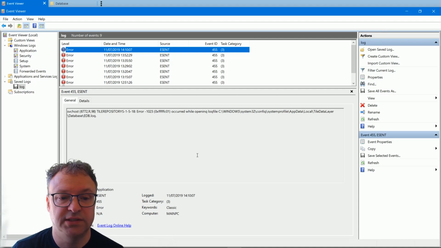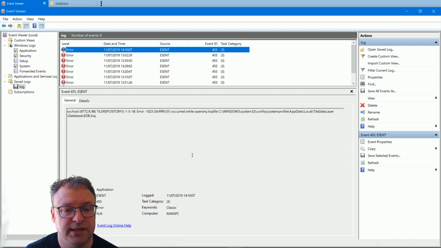Hello, here's a very quick video about getting rid of an error that you may have, especially after the 1903 update. If you look in Event Viewer under Application on Windows logs, you might see an awful lot of entries for this. It says Event ID 455, source is ESENT, and you get SVCHOST TILEREPOSITORYS